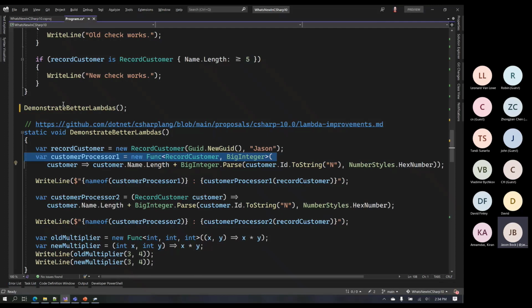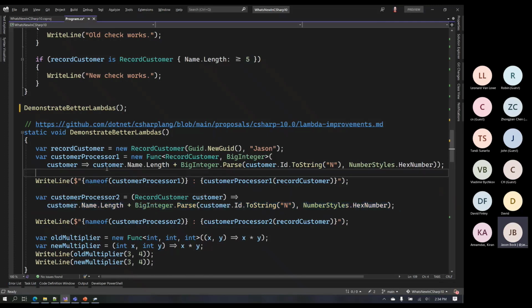You're not actually trying to do an expression. So let's just go with that, okay? So I could take this function, this lambda that I've written, and do it this way. This is kind of the syntax that I was getting at, which is I have some function that's a lambda that takes one parameter, it's a record customer, and then it does the same thing. Okay. It's just a little bit less code that I have to write.